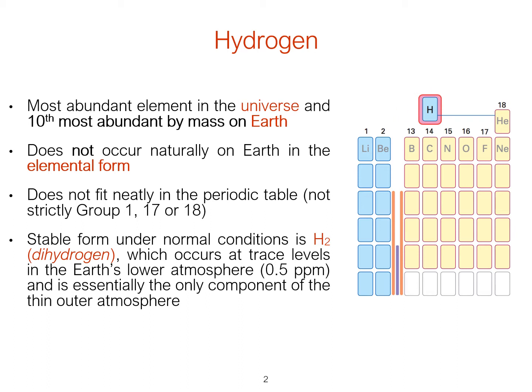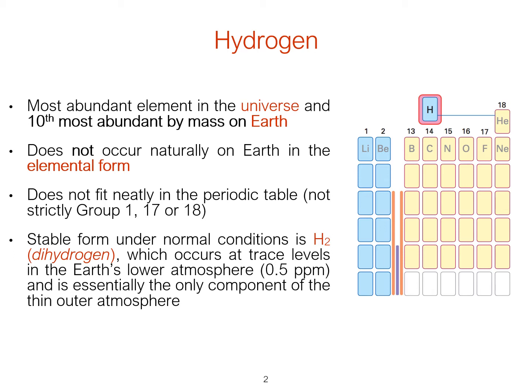It's the most abundant element in the universe, and on Earth it's the 10th most abundant by mass. This is because a lot of the compounds on Earth are organic, and if you don't know them already, you'll see in the organic half of the course that most organic compounds are just chock full of hydrogen. It doesn't occur naturally on Earth in elemental form, so just H on its own you won't find,